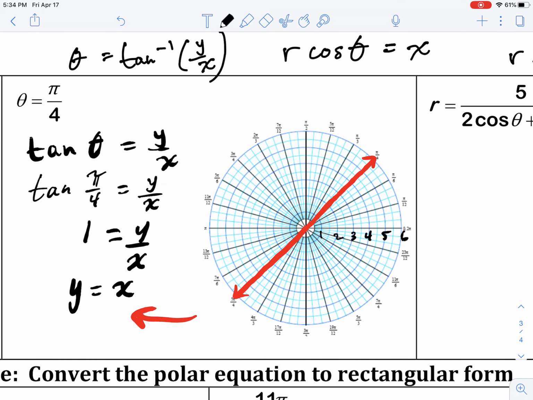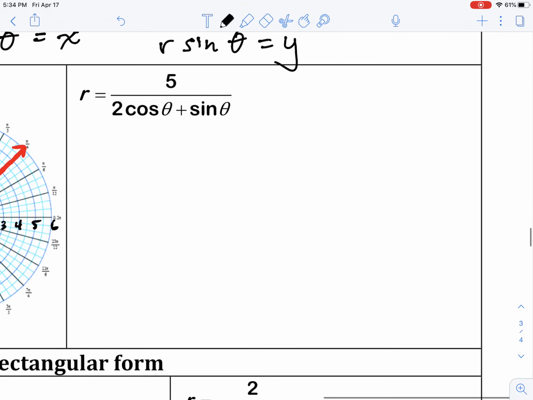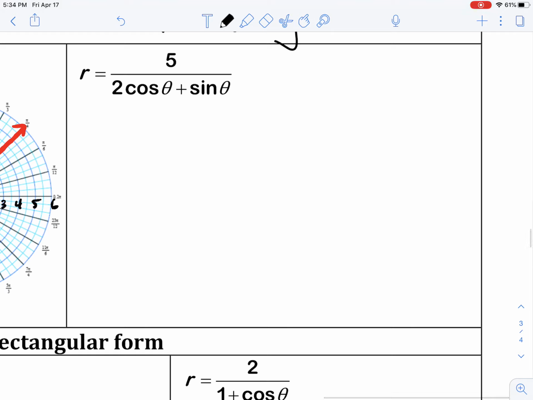Now, this next one is a little bit trickier than the previous two, but still not too bad. So take a moment and pause the video and ask yourself, how would I take this equation, that's a polar equation, and rewrite it into an equation in terms of just x and y? Well, there are a couple ways you might have done this, but the first thing that I'm going to do